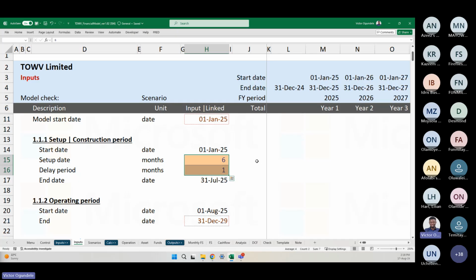Because within these first 7 months, the business is not generating any revenue. It's not doing anything. There's no cash coming in. But the bank has given us the cash from day one. So now we need to negotiate with them and tell them, hey, because there's nothing coming into this business, there's no cash flow within this particular period, and it's because we are setting up our plans, we are bringing this and that. So you know what? Give us this particular